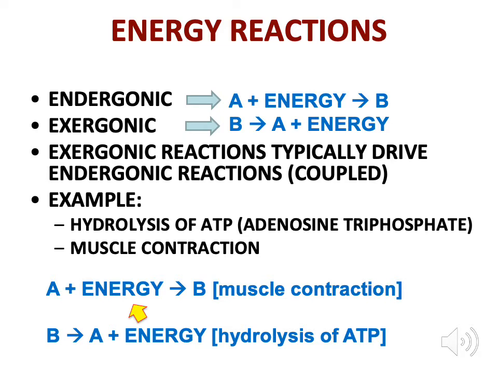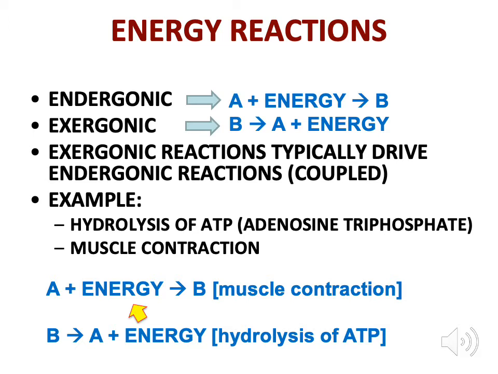Now, on the other hand, going back to our example, we see we are pairing hydrolysis of ATP with muscle contraction. I have a coupled set of reactions. Muscle contraction is energy intensive. So muscle contraction is an endergonic reaction. So up at the very top bullet where it says endergonic, A plus energy yields B, I'd label that muscle contraction. So then when I take a look at the actual coupled reactions at the very bottom of the slide,